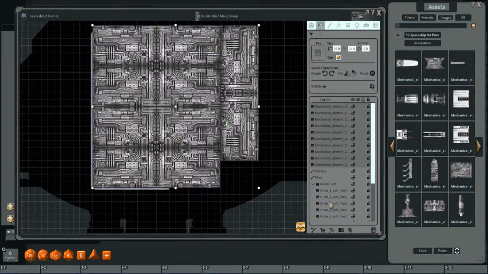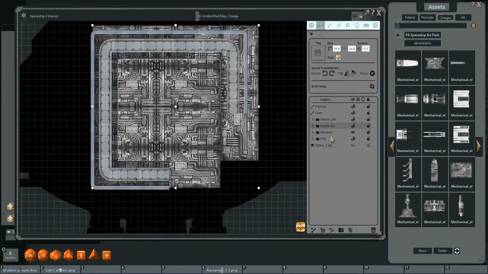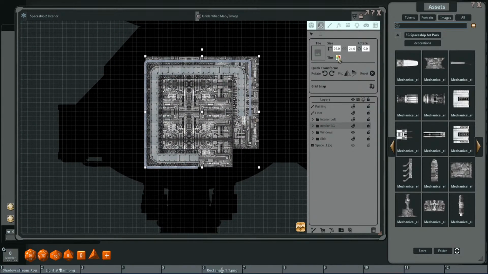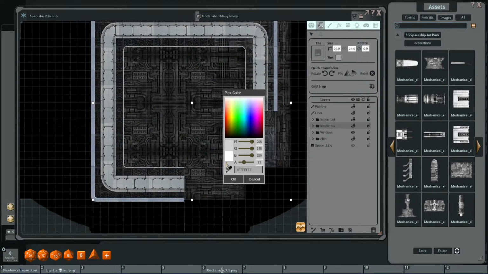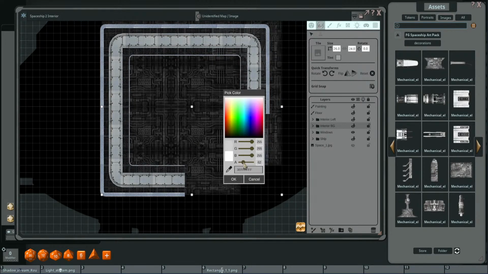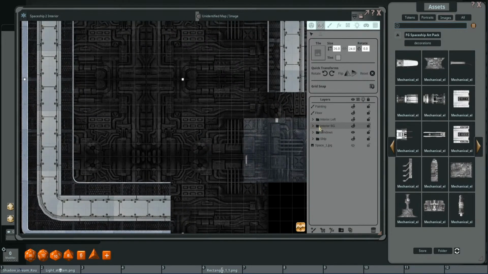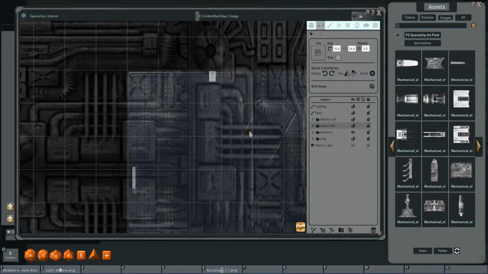And what I'm actually going to do is I'll place these all in their own folder here. And let's drop these right on top. And we're going to drop this underneath here. And I'm actually going to just lower down the opacity of them, so they're like this little bit in the background here, as you can see. I just want it to feel like there is extra machinery down there. We can add additional elements. And the cool thing about this is because it is down here,